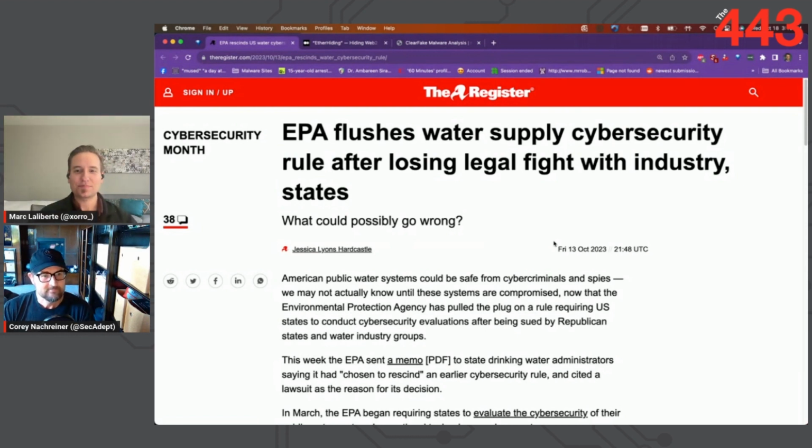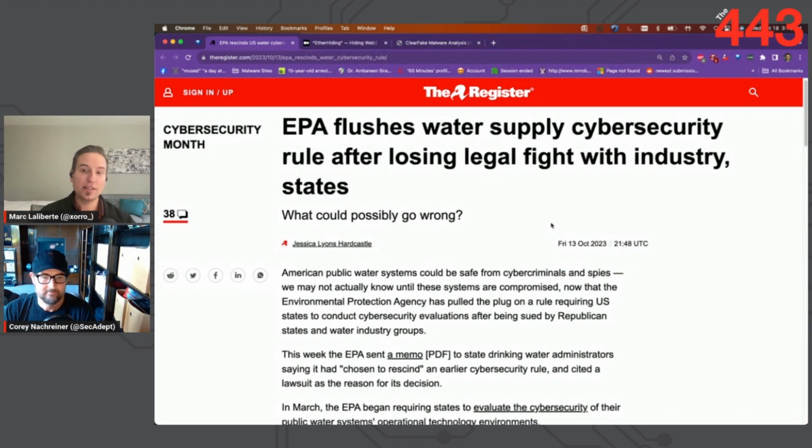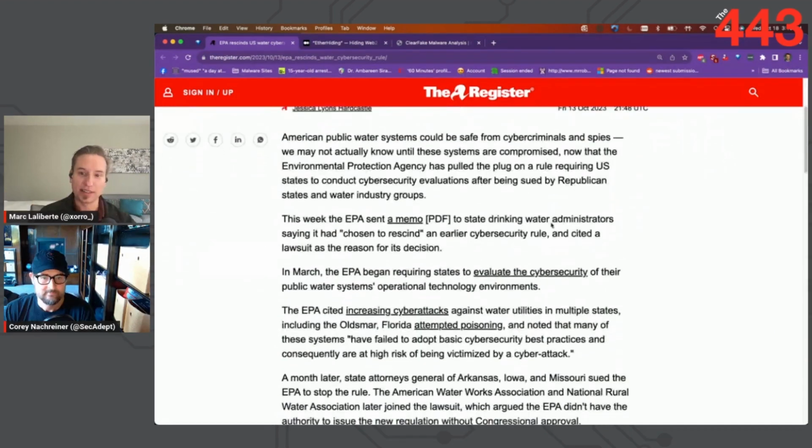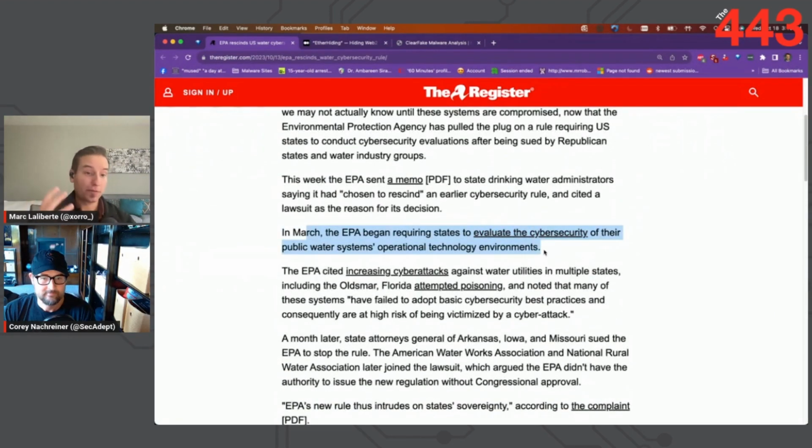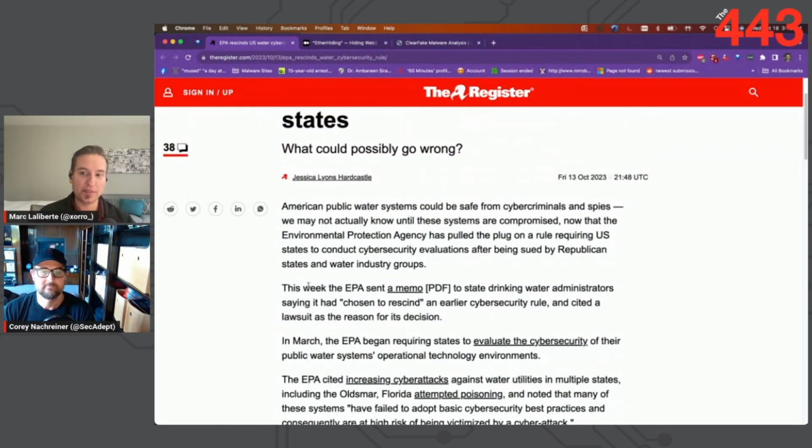So they enacted these rules in March saying that they're going to start basically requiring states to first evaluate their cybersecurity deficiencies. And then if any are found, which most likely there are, they'll be required to address them at the state level. The EPA offered training and additional funding to help states meet these requirements at that time, too.